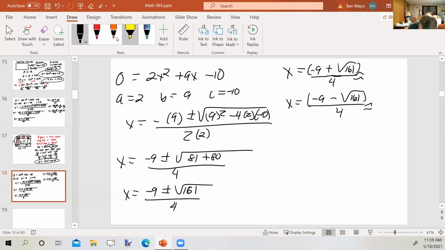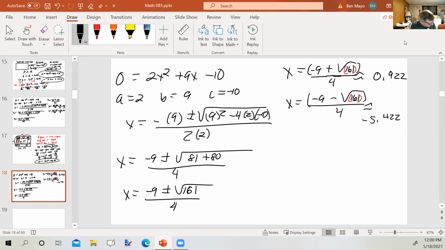So for the first one, parentheses, negative 9 plus the square root of 161, all divided by 4, is 0.922, etc. And then minus: parentheses, negative 9 minus the square root of 161, divided by 4, is negative